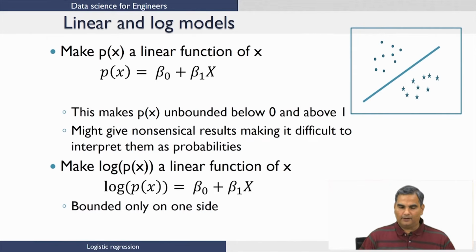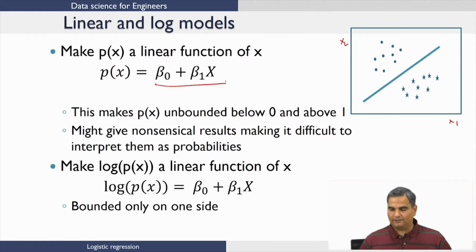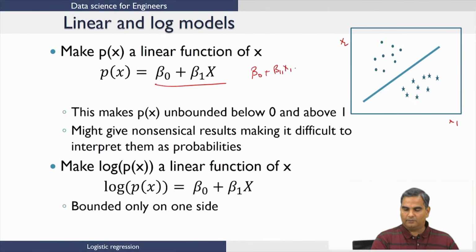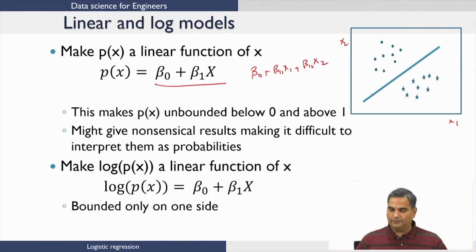So, let us go back and look at the picture that we had before. Let us say this is x1 and x2. Remember that this hyperplane would typically have this form. Here the solution is written in the vector form. If I want to expand it in terms of x1 and x2, what I could do is I could write this as beta naught plus beta 1 1 x1 plus beta 1 2 x2. So, this could be the equation of this line in this two dimensional space. Now, one idea might be just to say this itself is a probability, and then let us see what happens. The difficulty with this is